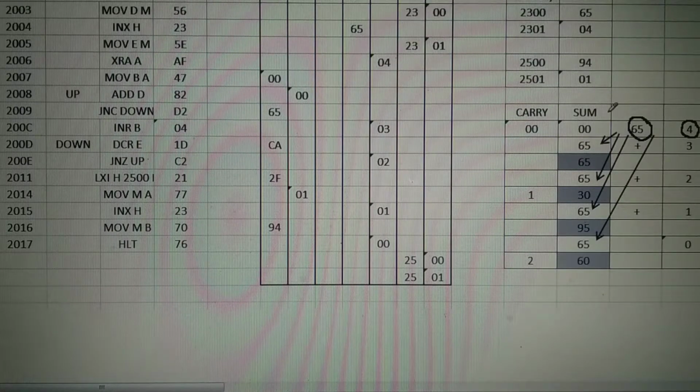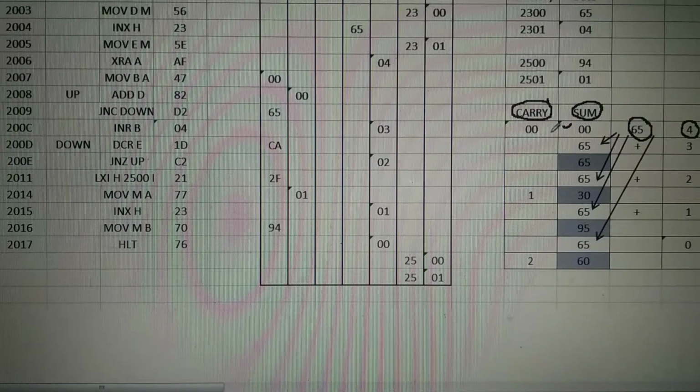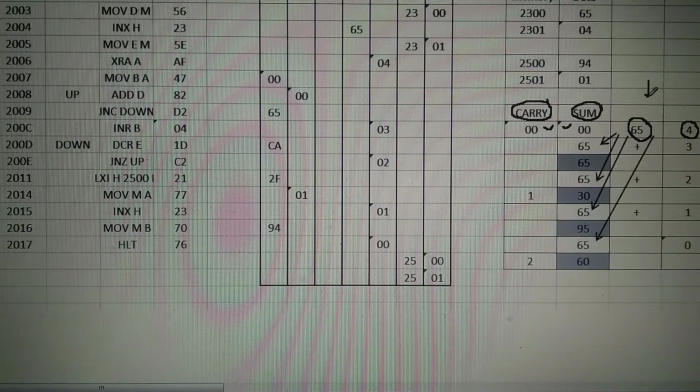For that purpose, suppose you are having two boxes. One box is called sum and the second box is called carry. In both boxes you are having the number 00; both are initially empty. In one of the boxes, also called registers, you have taken the number 65 and in another box you have taken the number 04.